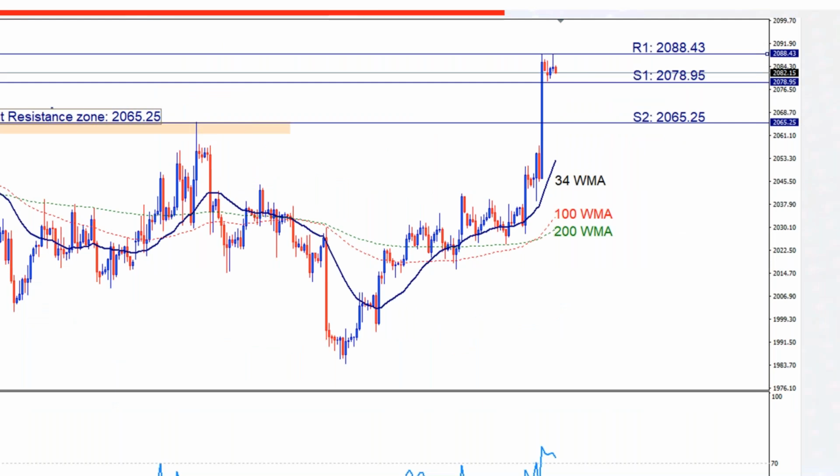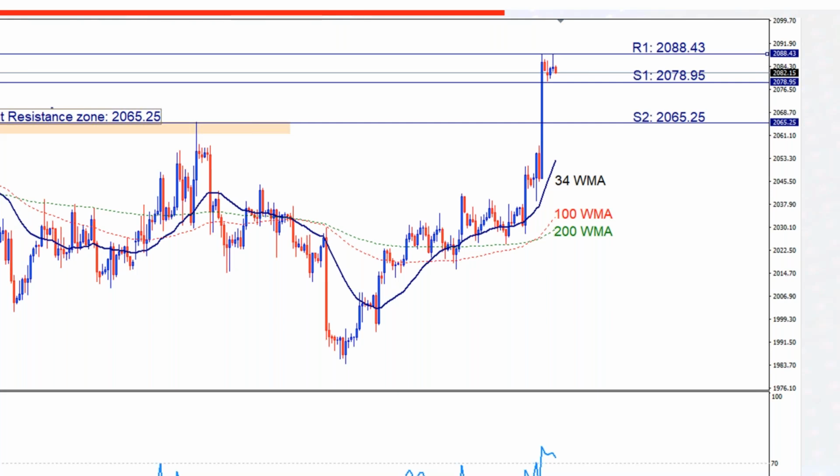Okay, this breach is further confirmed by the 34 WMA crossing above both the 100 and 200 WMAs, suggesting a strong bullish sentiment. Now, the price has surged to a significant top at